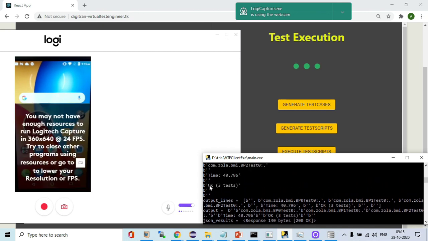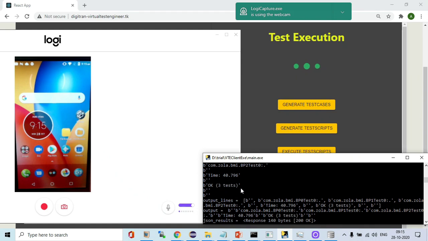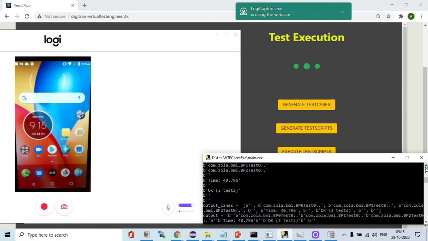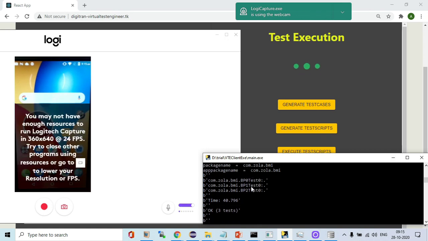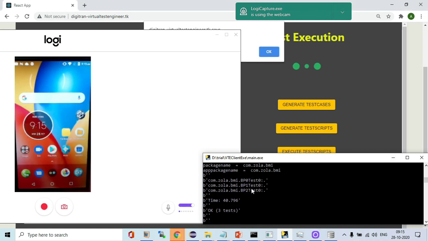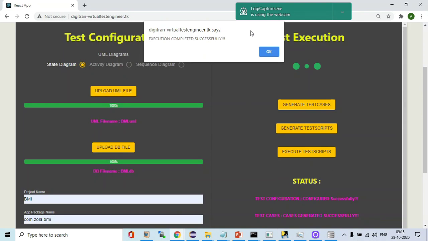You can observe, okay, 3 tests. That means 3 test cases are executed properly. What are all the test cases? You can see here: BP0 test 0, BP1 test 0, BP2 test 0. 3 test cases are executed. Now the prompt has come, that is, execution completed successfully.